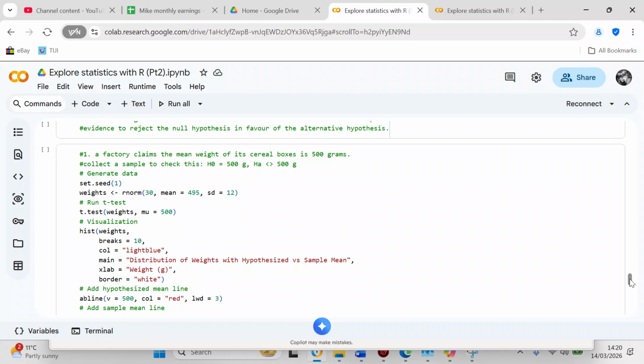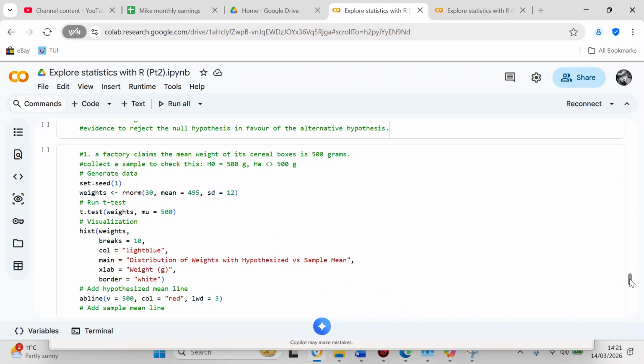And sd, that's your standard deviation, = 12. Then we're going to run the test. So we're going to use a t-test. So t.test(weights, mu = 500,